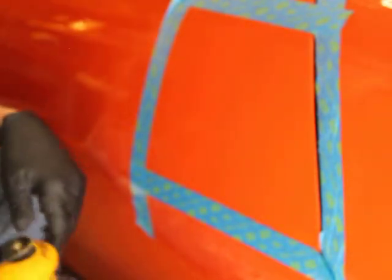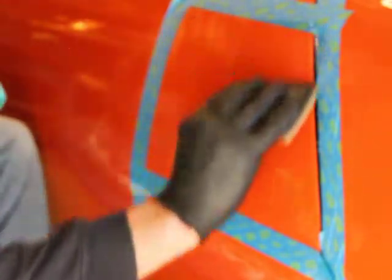I had a squeegee on the other side there, but it makes it a little bit easier to get the moisture off. Let me go get it. Also, you can use air to